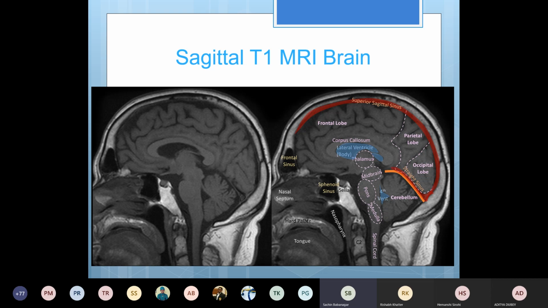This is the pituitary gland, and surrounding the midbrain, you have the quadrigeminal cistern. Here you have the prepontine cistern. This is the ventricle. On a sagittal section, it looks like a triangle. And here you have the lateral ventricle, and here you have the third ventricle. Okay, so you have the frontal sinus. Here you have the sphenoid sinus. Here you have the nasal septum, and then part of the nasal turbinates can be seen. Here you have the hard palate. This is the nasopharynx.